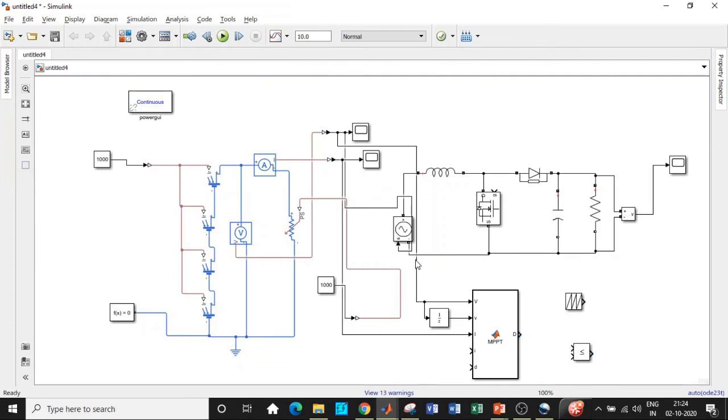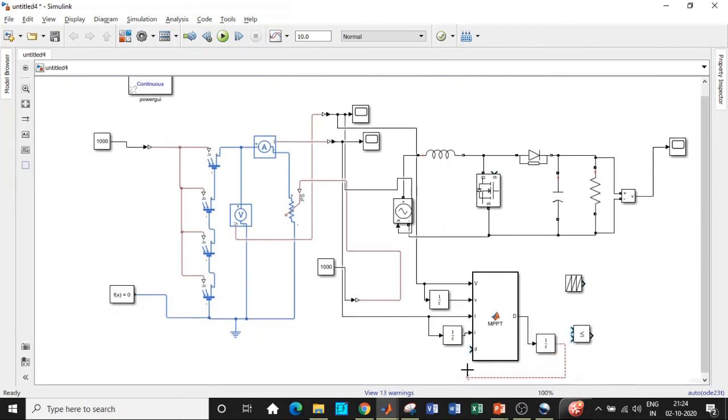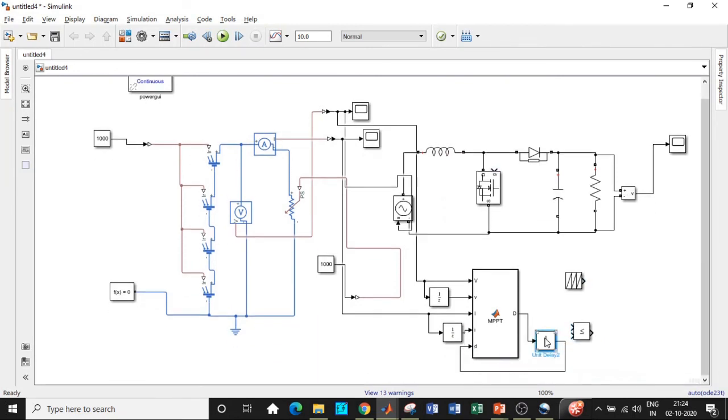So I'll be connecting the current again in this particular fashion, and I'll be giving it to the unit delay. Again, as usual, I'll be doing the same with respect to D as well. With respect to the unit delay block, in this particular fashion, I'll be connecting it over here. And once that is done, I will be taking the output tapping from this point. I'll be comparing it with a repeating sequence over here.